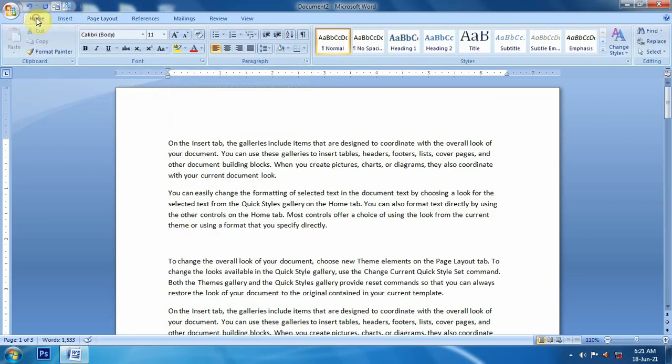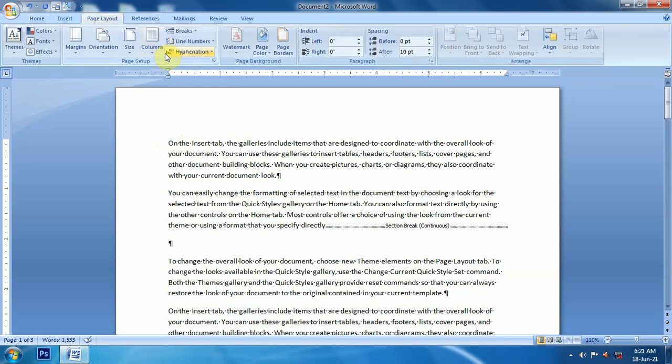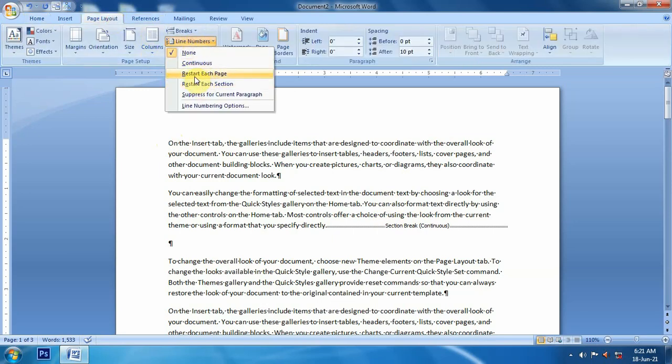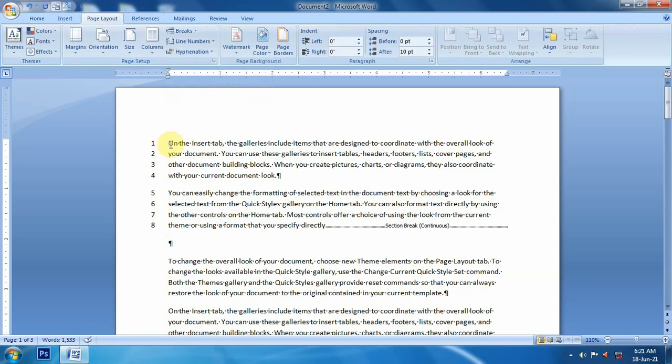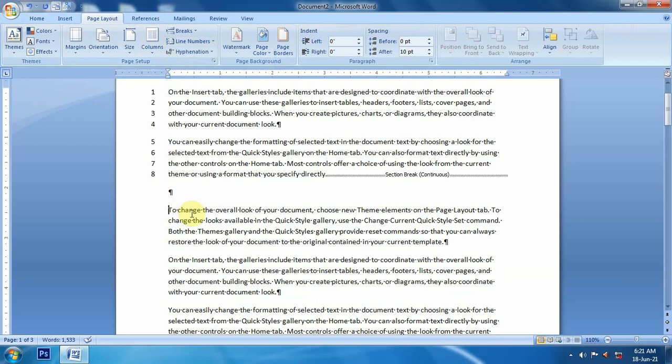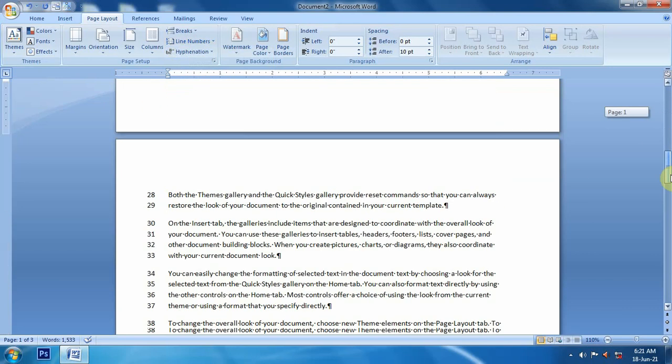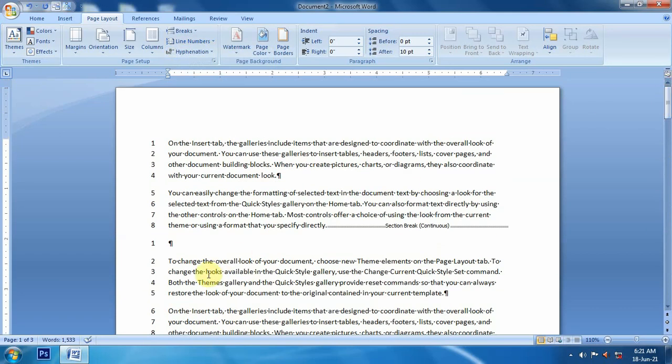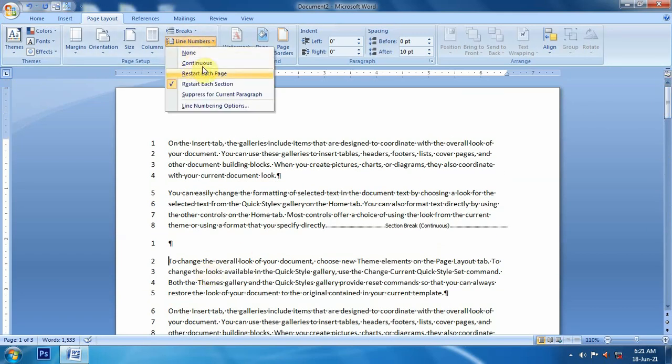To look at the sections, we'll go to Home and click on this formatting mark. So we can look here, it is a section. Now I will put my cursor here, go to Page Layout, line numbers, and say restart each section. So we can look here, in the first section line numbering is starting from 1 and going up to 10. Now I will put my cursor in the second section and say restart each section. Now line numbering starts from 1 for the second section and will continue up to the end of this section. So like this we can apply the line number command based on each page and each section.